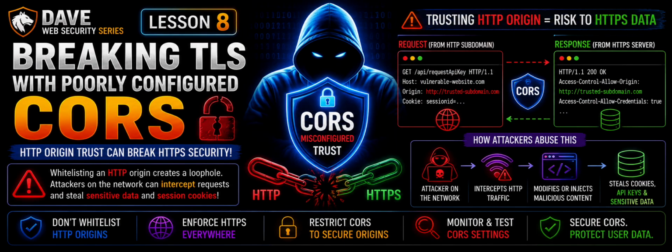Breaking TLS with poorly configured CORS. Suppose an application that rigorously employs HTTPS also whitelists a trusted subdomain that is using plain HTTP. For example, when the application receives the following request,